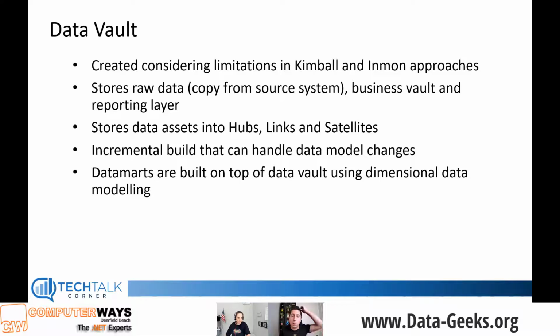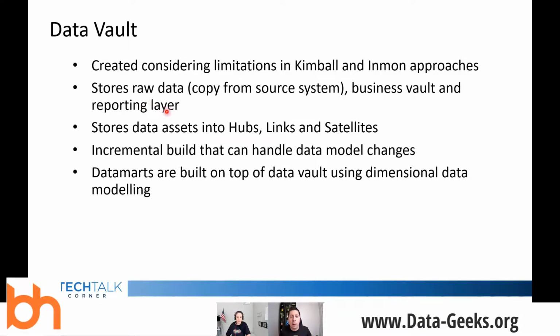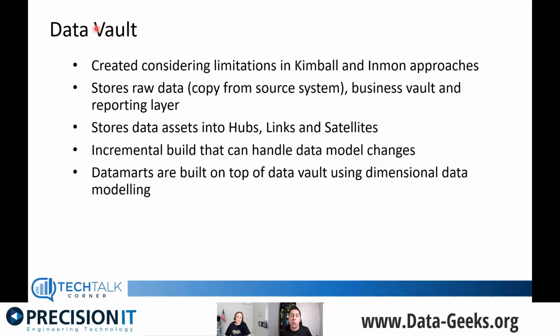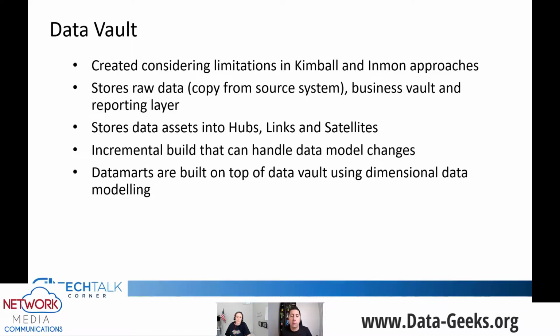Then you still need to build on top of it. When you think about your reporting layer, you will be creating those data marts and following the dimensional data modeling approach. Many times your reporting layer in the Data Vault will be a set of views that make the information available for your reporting tools.